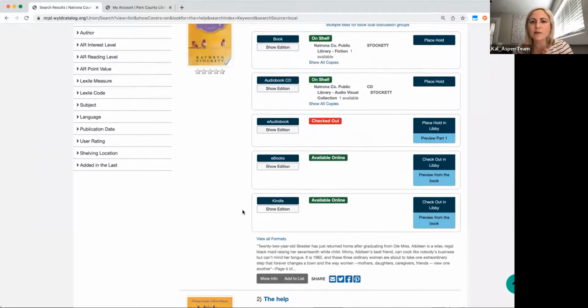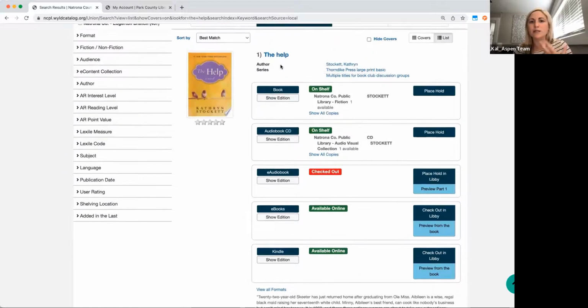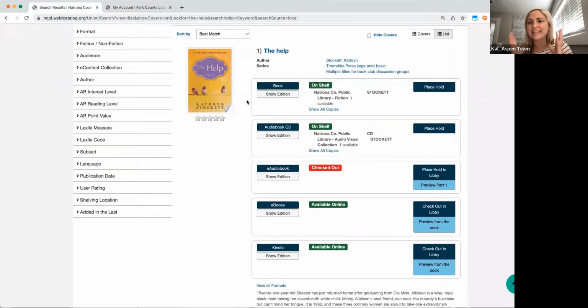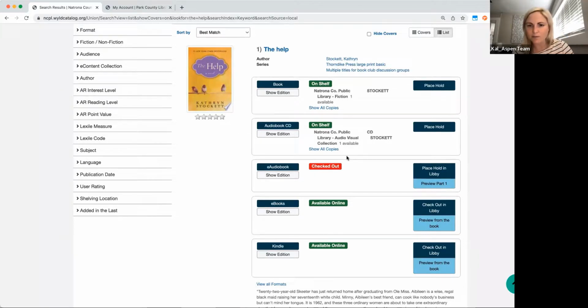The nice thing with this is if someone really doesn't care, or they have that book report due tomorrow, or their book club's reading something and they just need to get their hands on something, you can quickly, just by searching for that title or that author, get a quick summary of everything that's available in your catalog, and you don't have to scroll through pages and pages of items.